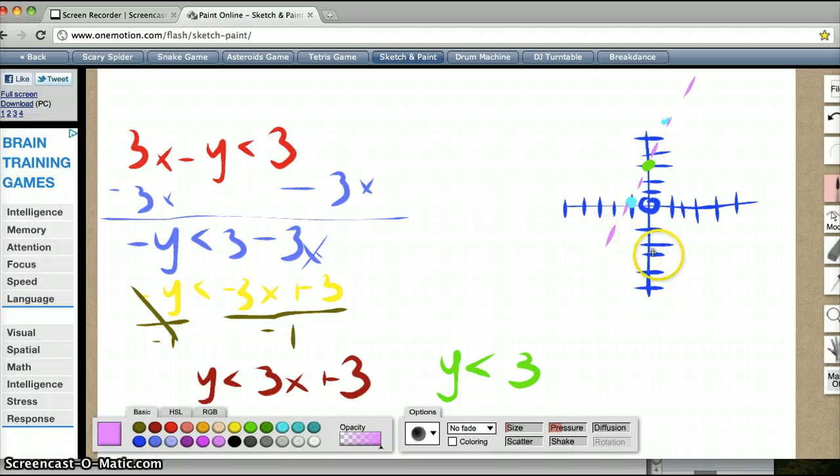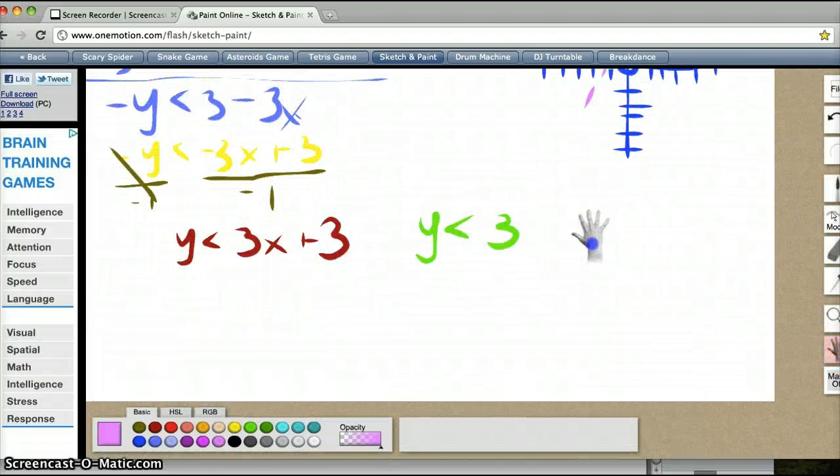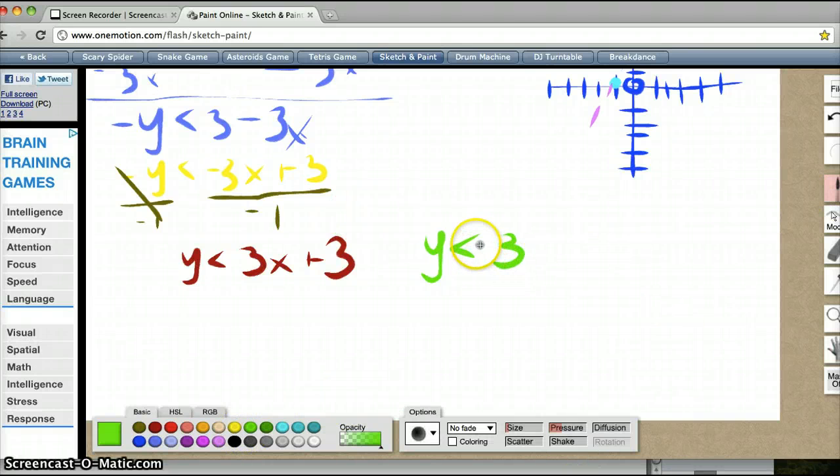Okay, now our y-intercept here was, if we go down, our y point was at, so this should be a negative 3. So let's change that. This should actually be a negative